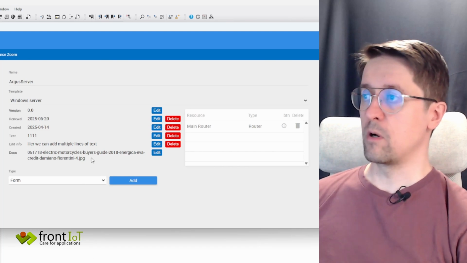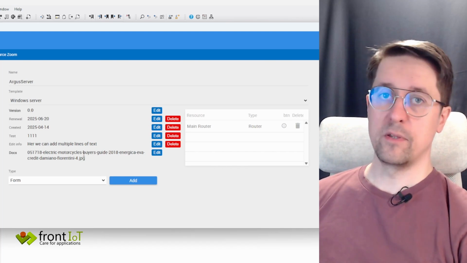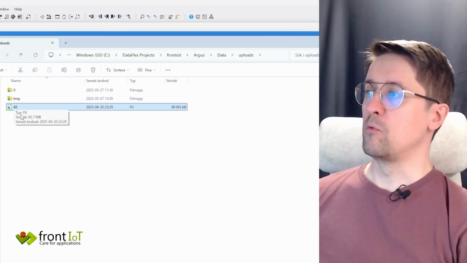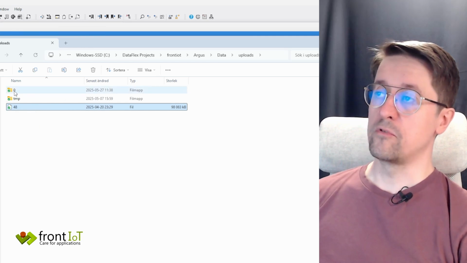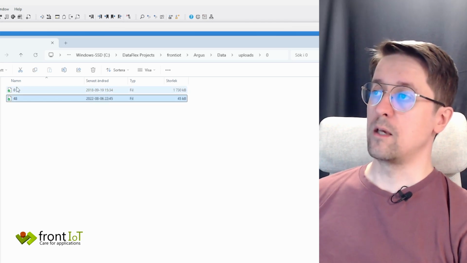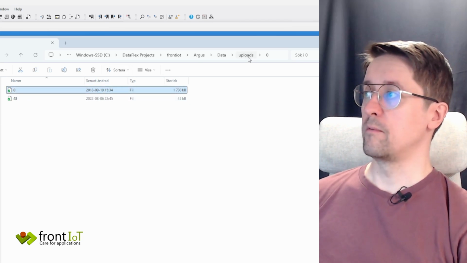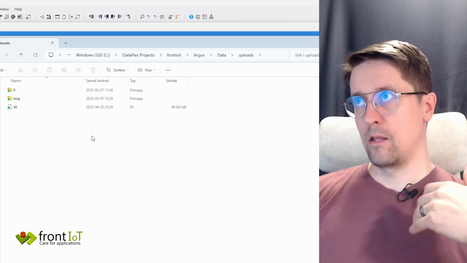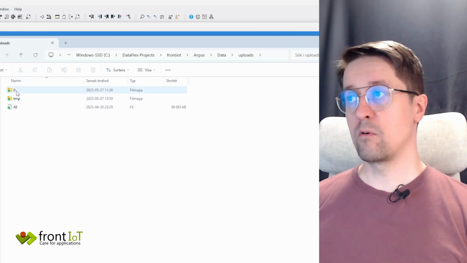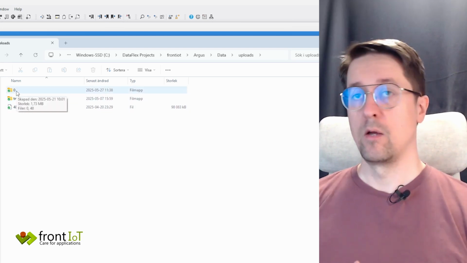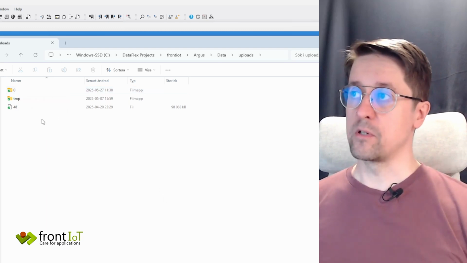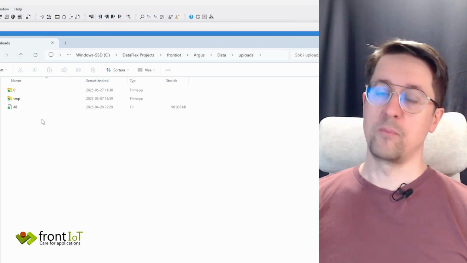Regardless of what name we have, we store the name in the database and we just save the file as a number. But we would like to have some folder structure here. So what we're going to do is create a folder that contains 1,000 files at maximum. When the folder is 0, it will contain all the IDs from 1 to 999. And when you get to file number 1,000, it will create a new folder and start putting files in there instead,